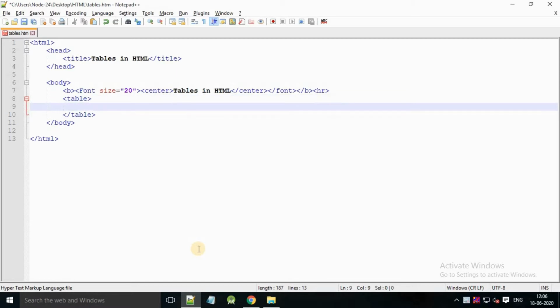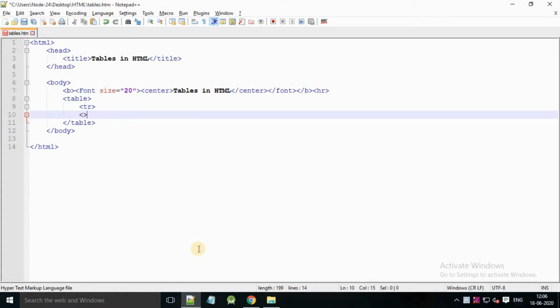In the table tag, create a tr tag to define the rows in the table. In the tr tag, each table header is defined with an open and close th tag. By default, the text in th tag elements is bold and centered.